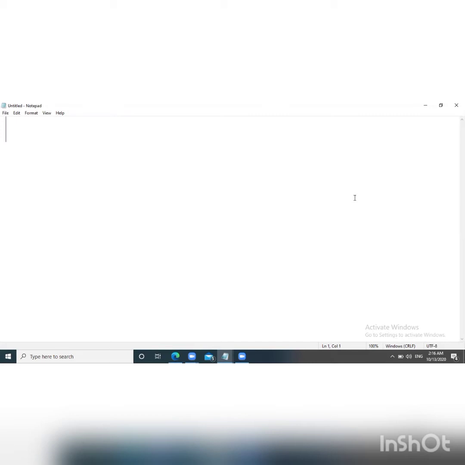So how can we write a heading in our web page? Let's start. Firstly we will write the HTML tag because we are starting our HTML program. It will tell the web browser we are making a web page. After that, the head tag. Head is the header section that basically contains the title tag.